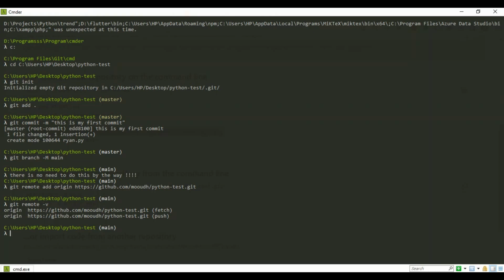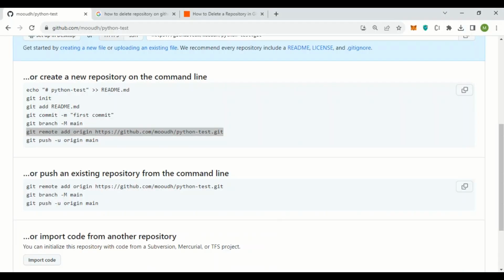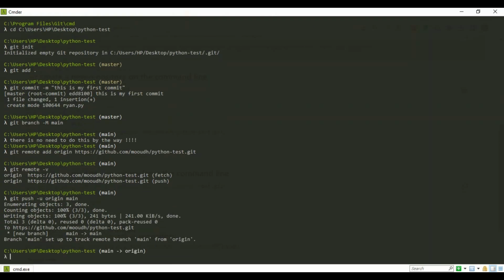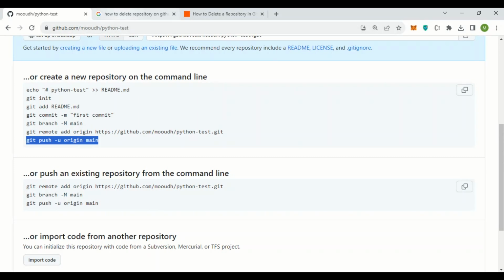With this git remote -v, we can see what origin is. So this link has been allocated to the origin with this line of code. And now we can use the origin name instead of the full URL. So I just write git push -u origin, which refers to that link, and main, which refers to my main branch. And done. The code is pushed to my repository. And now if I go to my GitHub profile and refresh that page again, it is created and the code has been pushed